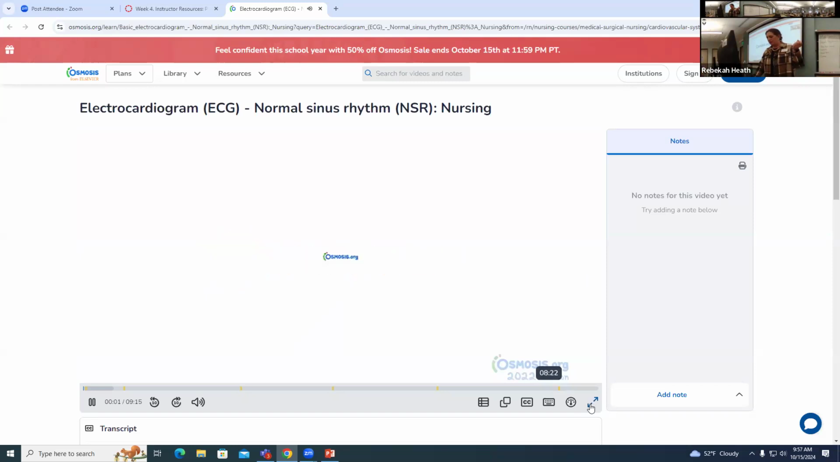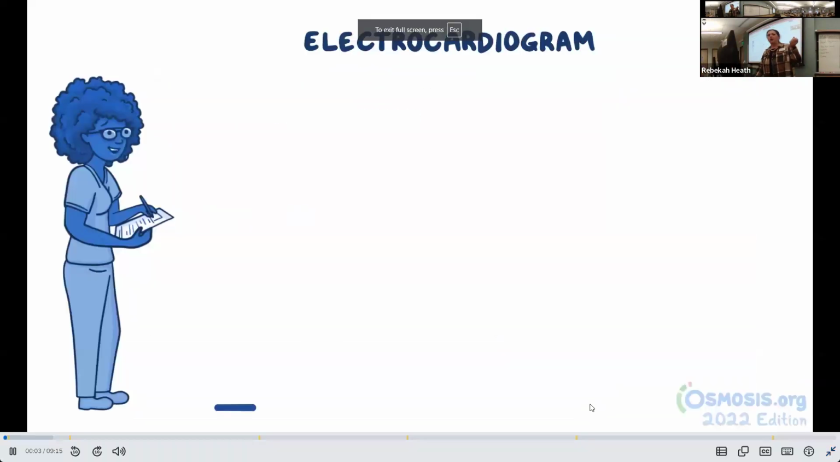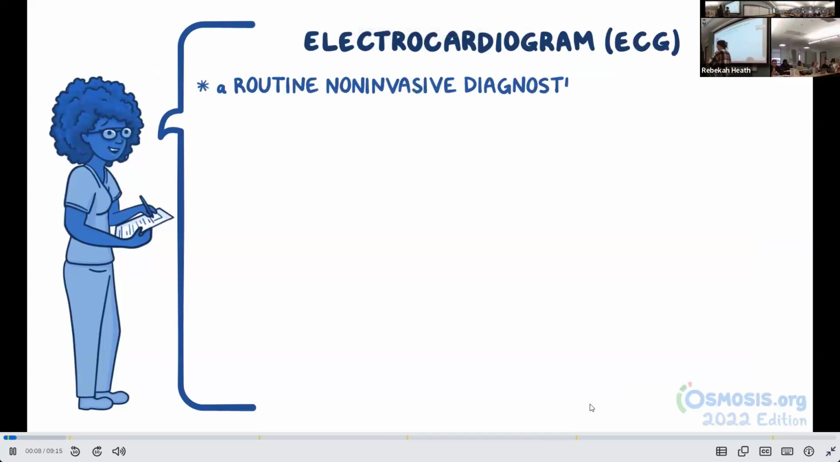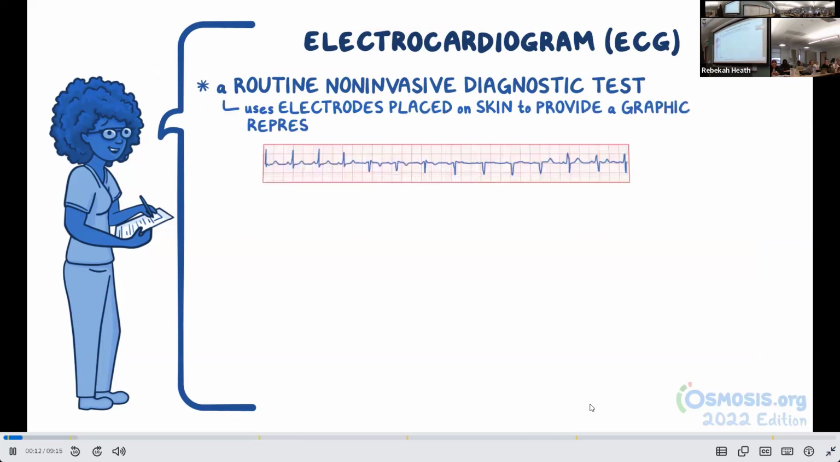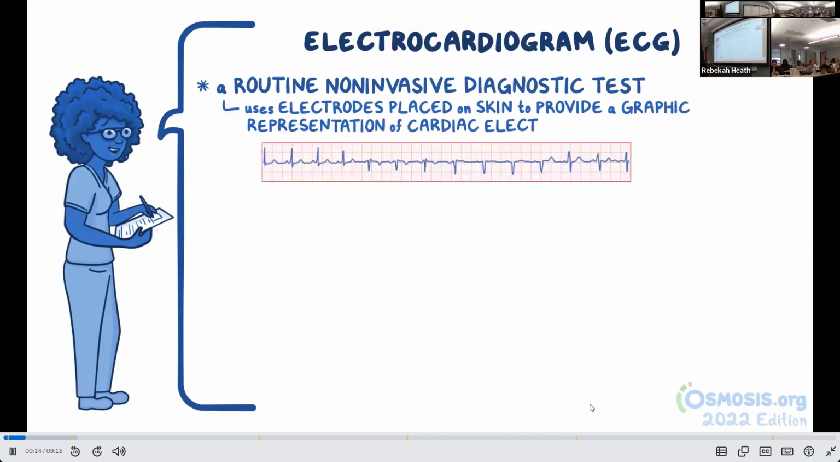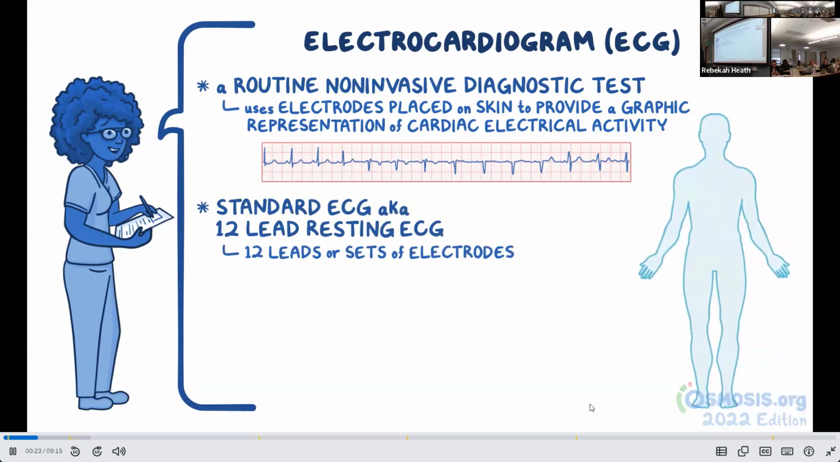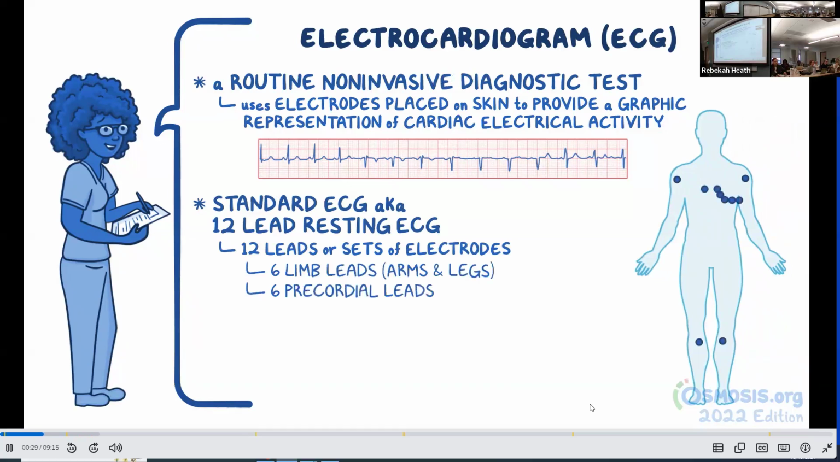Can you guys hear okay? An electrocardiogram, commonly referred to as an ECG, is a routine, non-invasive diagnostic test that uses electrodes placed on the skin to provide a graphic representation or picture of cardiac electrical activity. The standard ECG is also known as a 12-lead resting ECG because it has 12 leads or sets of electrodes. These include 6 limb leads, which are placed on the arms and legs, and 6 precordial leads, which are placed around the